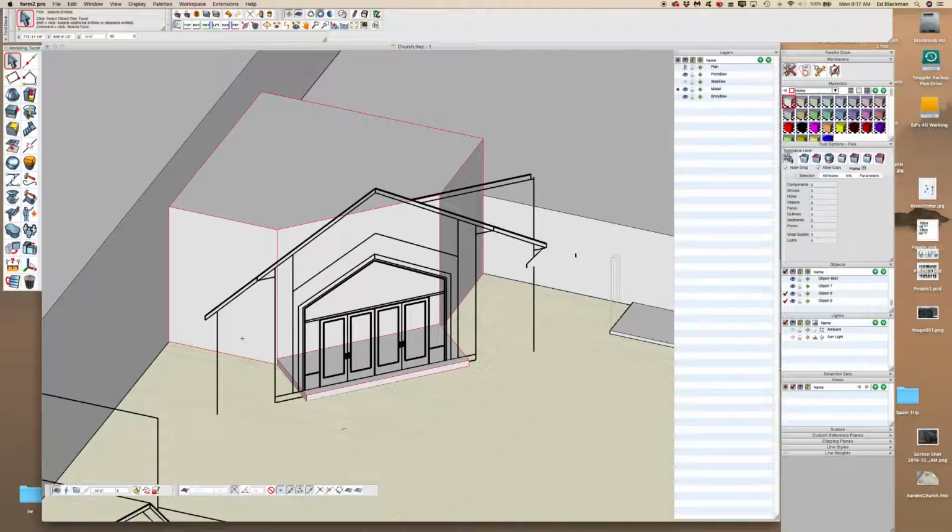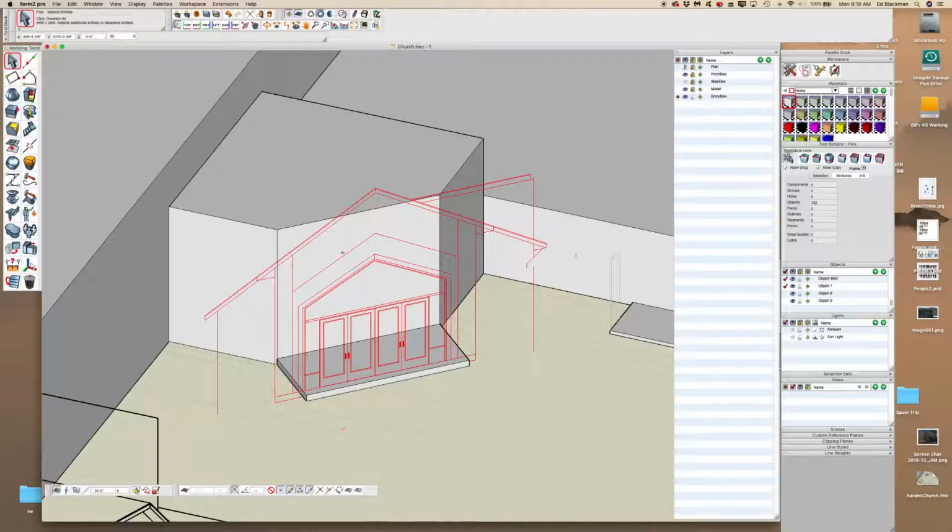Okay. And now what I'd like to do is I'd like to move this elevation so that it's now centered on this box, if you will. Okay. So what I'm going to do is go down to the elevation model, and I'm going to lock everything except that. So now I'm going to do select all, and I'm going to get just that elevation. All right. So go down here to the rotate or to the move palettes. Go to move, and